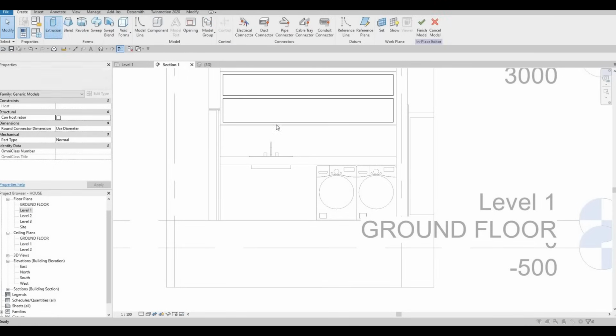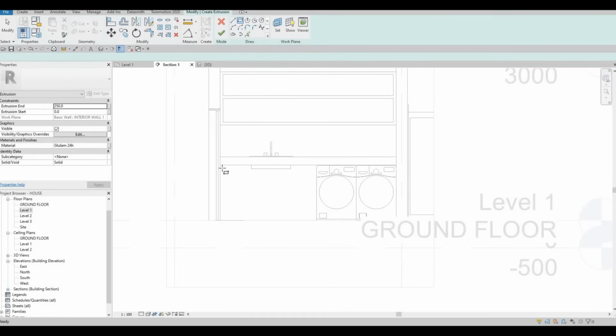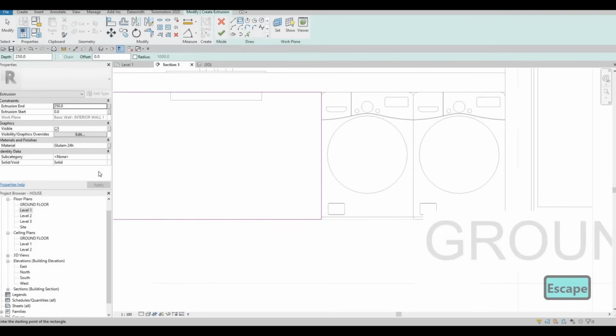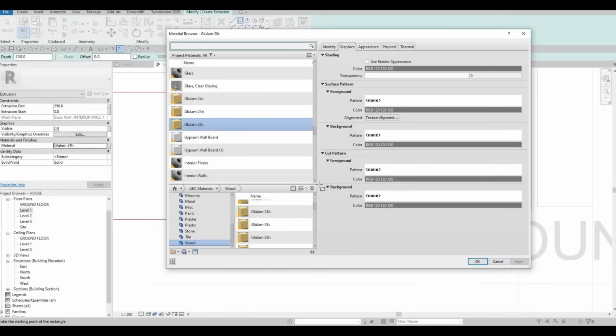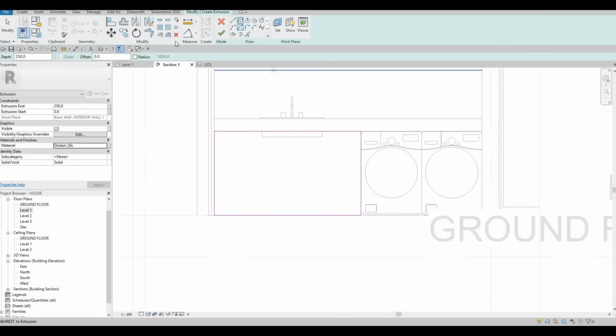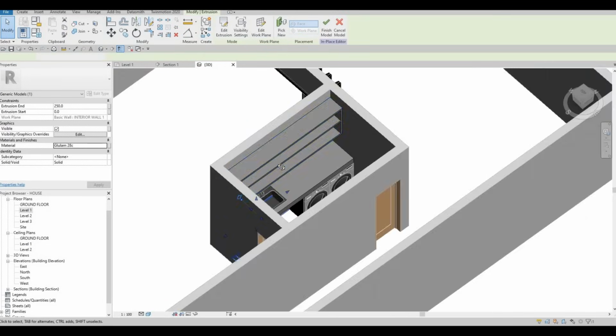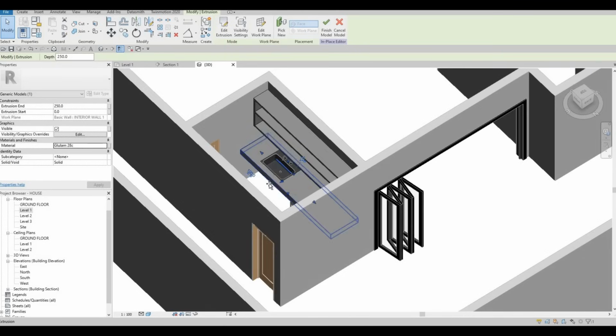So extrusion, pick a plane, let's select the wall again, and then we're just going to close off this area right here. Change this material so that we have different materials all the time. We could select that later on, especially once we're in Twinmotion. It's easier to change different materials so that you know that you can change it and you don't need to go back here. Here we just need to pull it back,